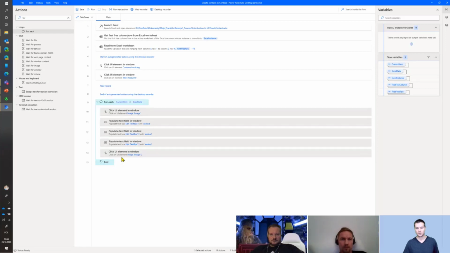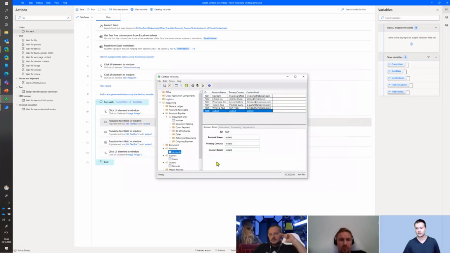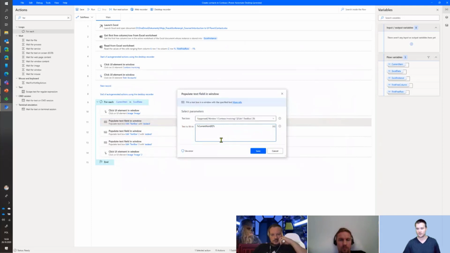What I can do here as well is to replace those A's, days, whatever I typed in, with actual values. So I need to get the current item, and then the name was the 0 column. So that's the account, right? The first row is the account. So I think it was the second column in my Excel.